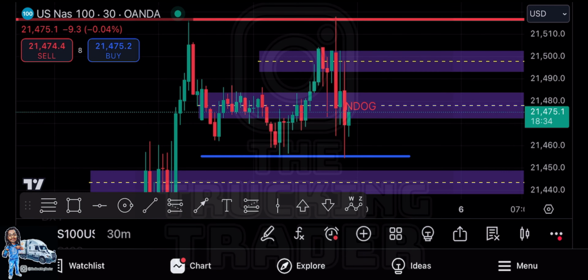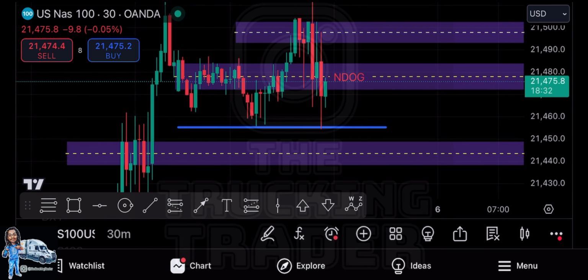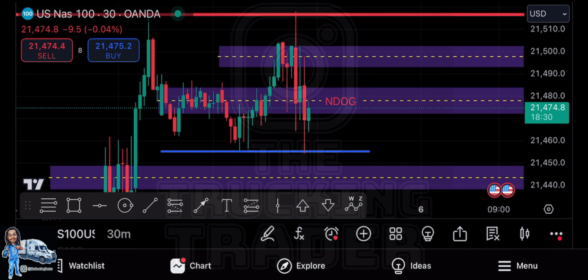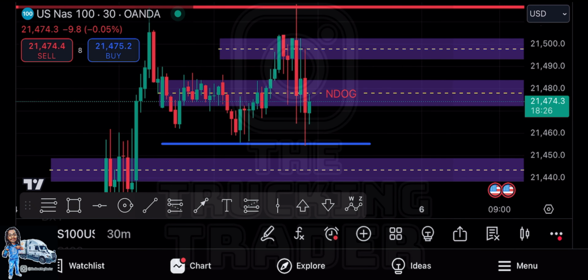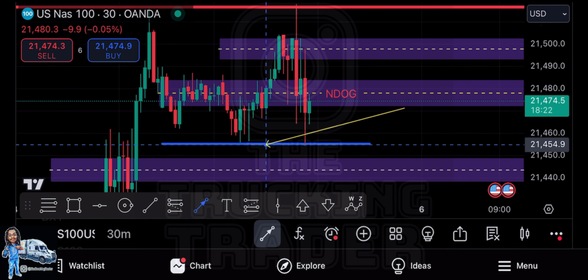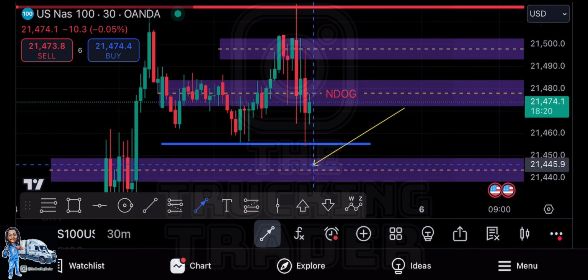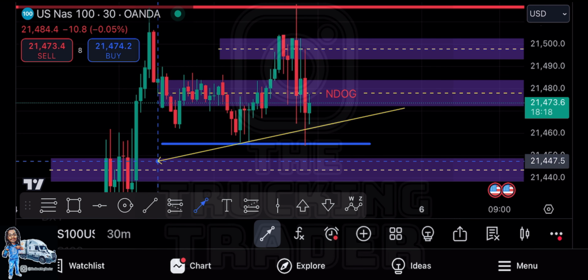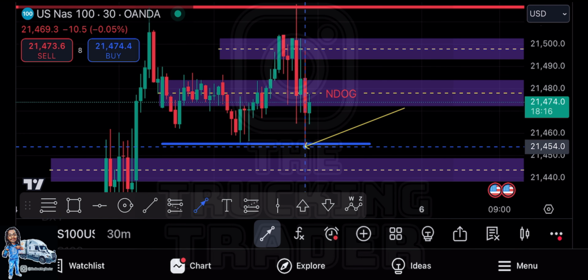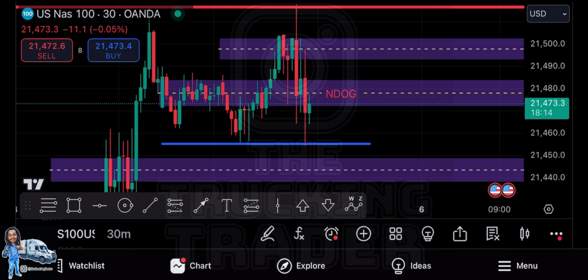All right, you guys, so here's the final update of how everything played out. I did get out of the trade a little bit early, mainly because it's very choppy price action today. I did get out right here when price came down to sweep the liquidity. I wanted it to just keep going and get into that 1 hour order block, but price action is a bit choppy today. It's been going up and down all day, so I just wanted to go ahead and lock in